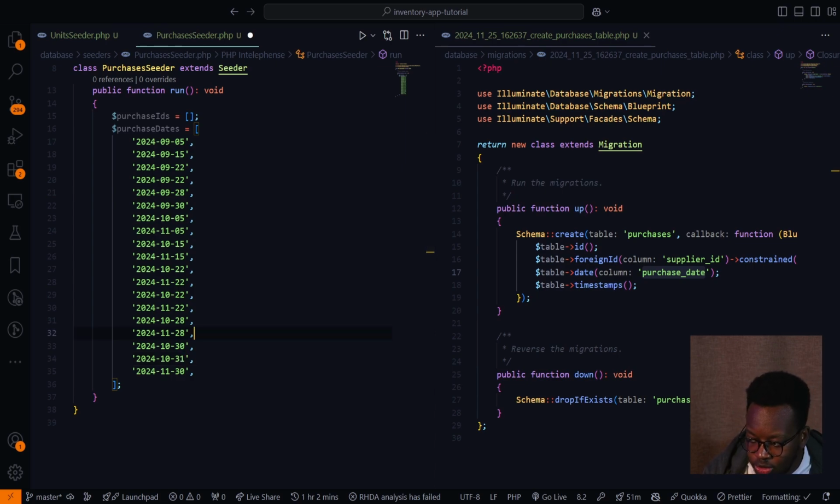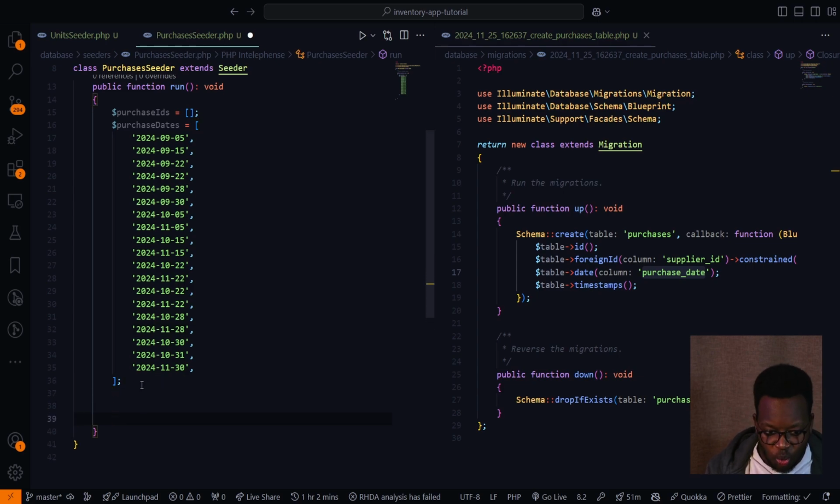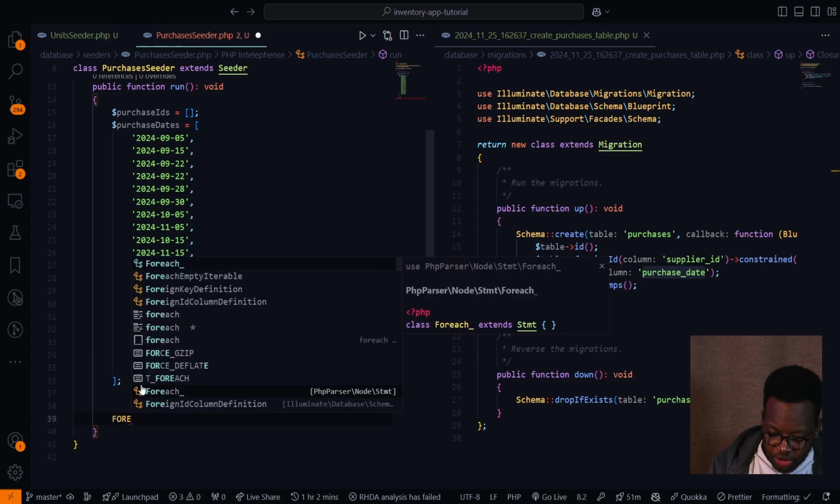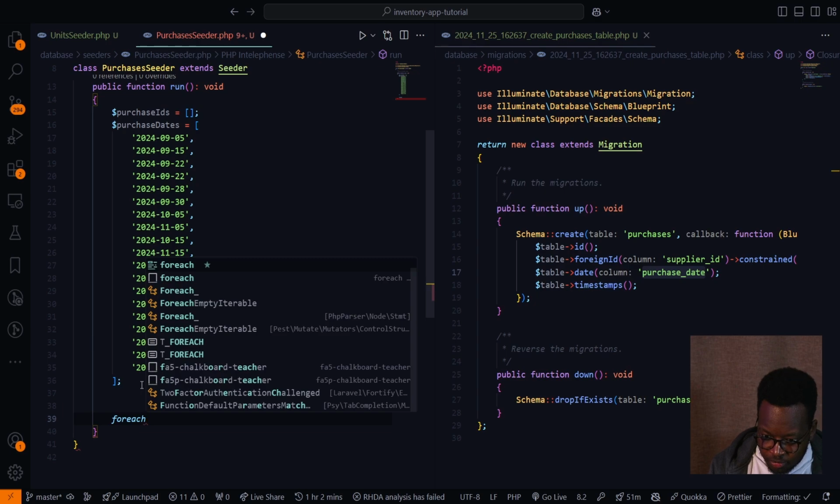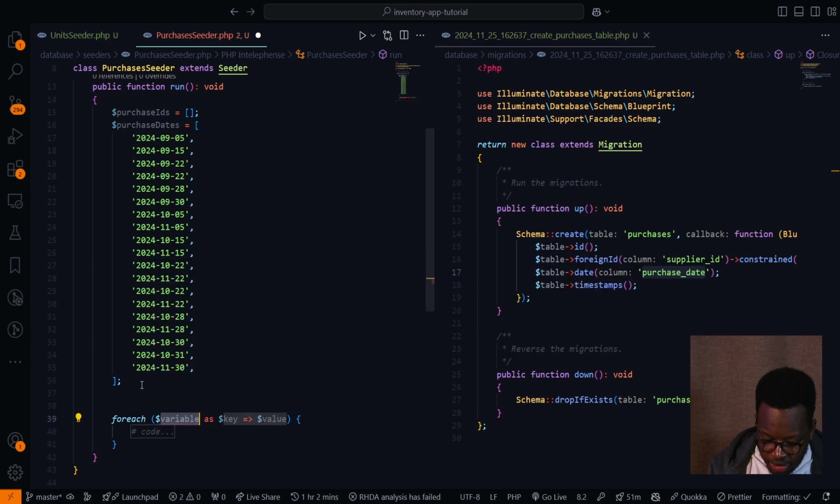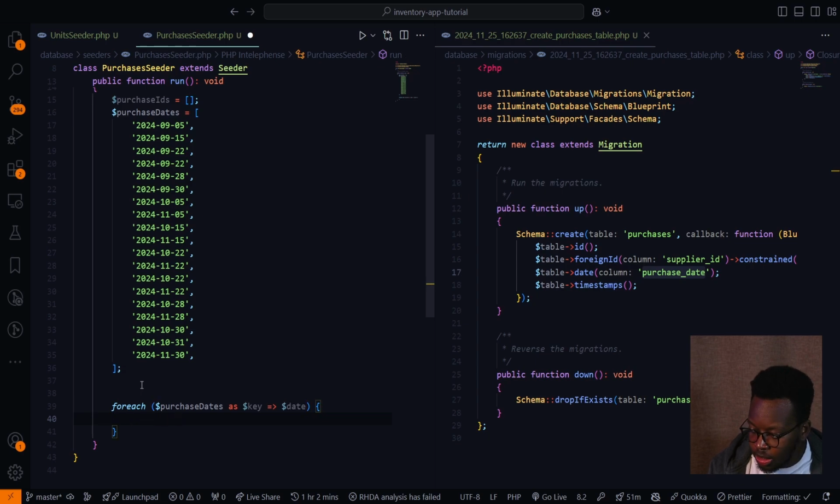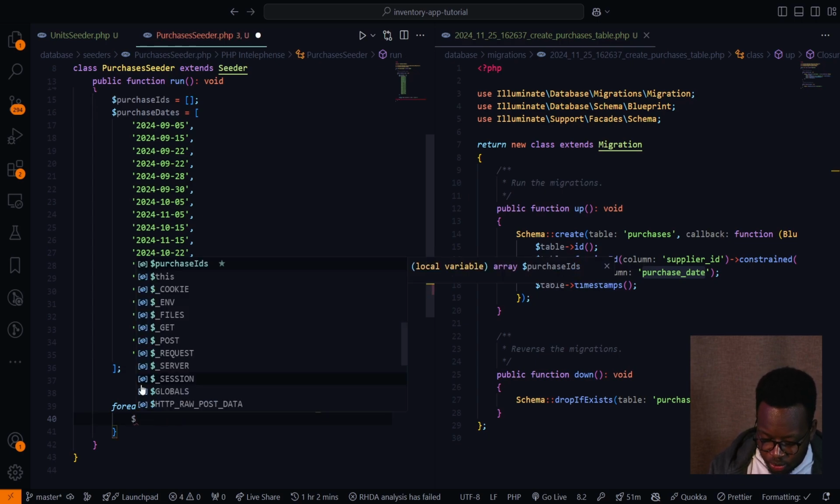So the next thing we need to look at after our purchase dates is iteration through these purchase dates while we create our purchases, all right? So we'll come in here and say foreach. We'll do foreach, and then we'll come and say purchase dates as dates, okay? And then what we'll just come in here and do is we'll first of all come and say the purchase ID,